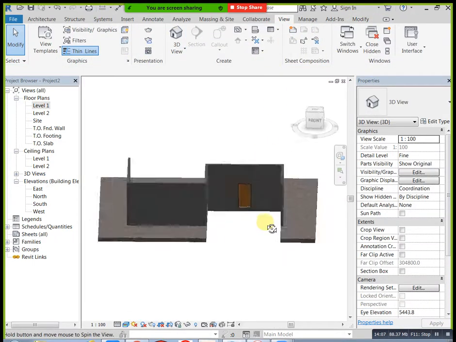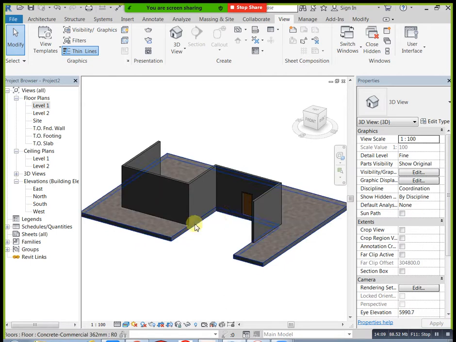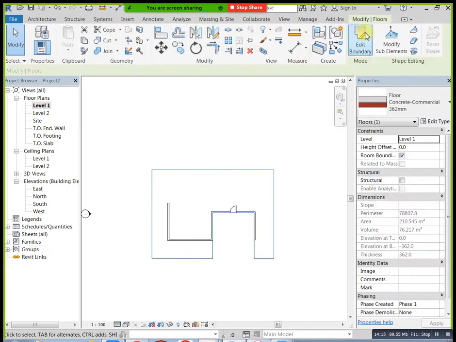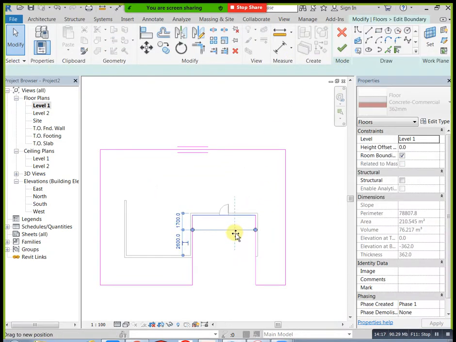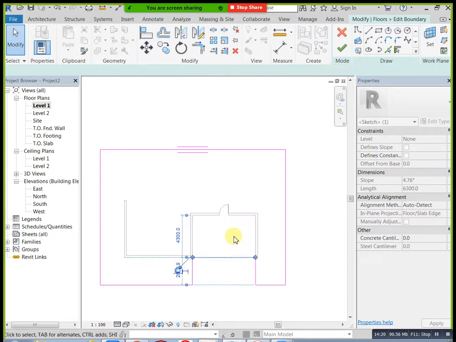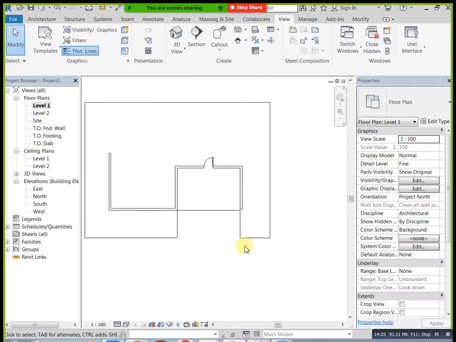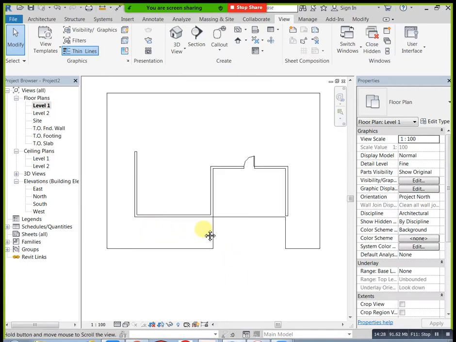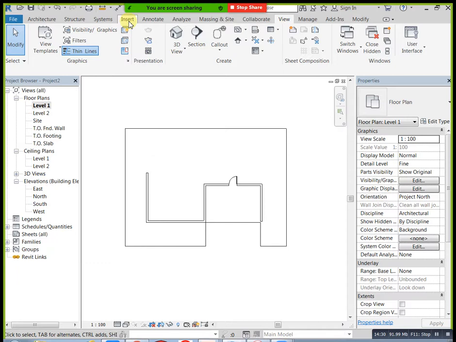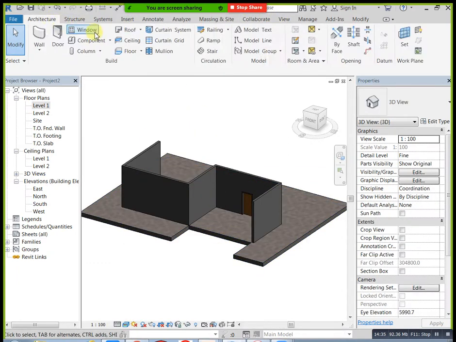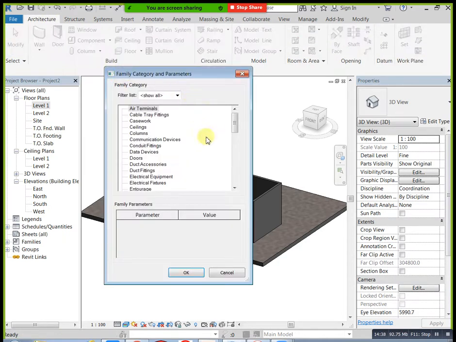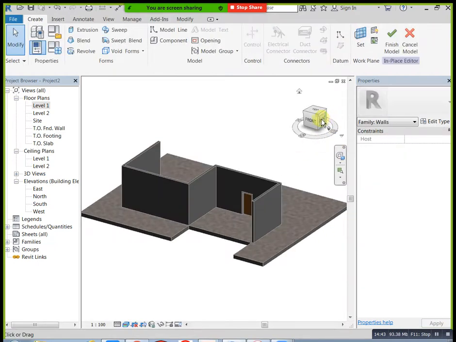For example, I need up to here. Okay, after I need steps. Okay, then see, first of all, here you can apply your step. How can we apply our steps? Just go to view, 3D. Here we don't have steps now. Go to architectural, model in place, same design you will take. Okay, then here you can apply set plane, pick plane. Okay, then you can apply this plane.